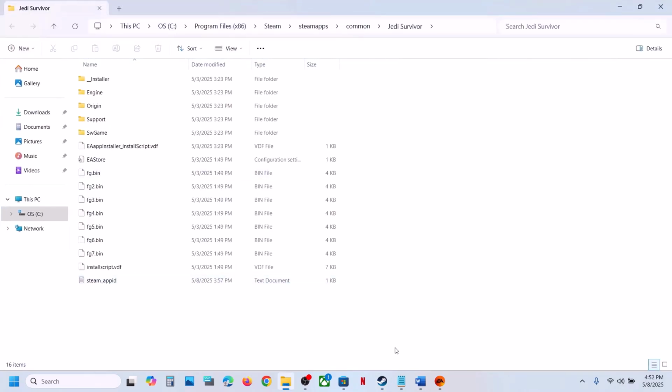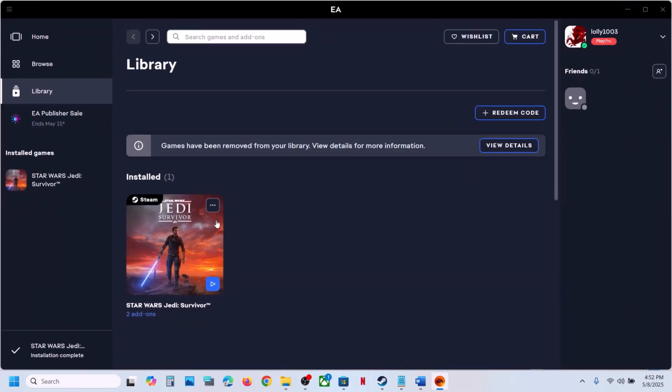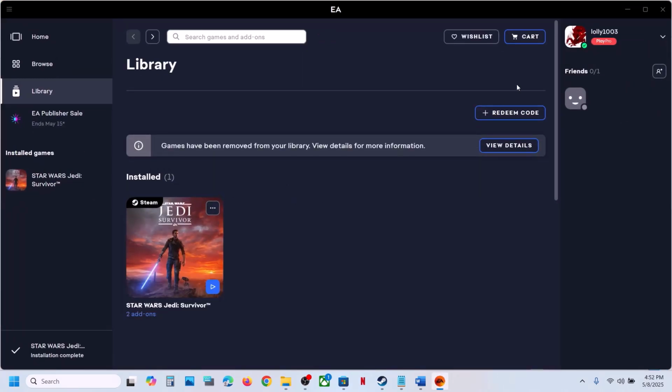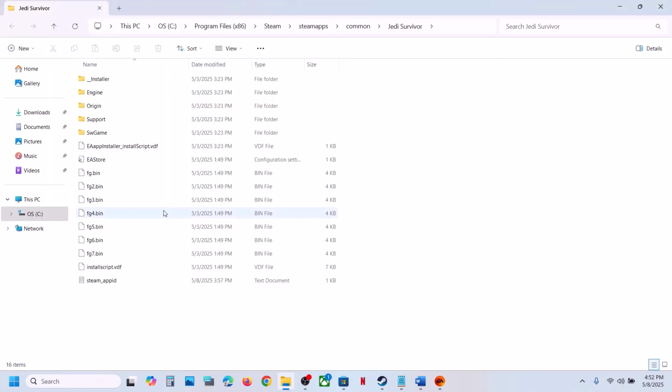It will take you to the game installation folder. If you have the game on EA app, you can click on these three dots, manage game, and then you can click on the folder icon and then go to the game installation folder. Now once you go to the game installation folder, open the installer folder,